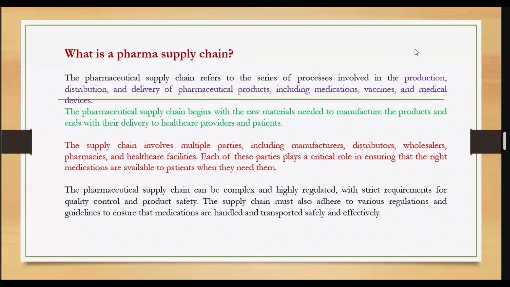So the material flow is from upstream, and downstream is towards the distribution. The raw material flow is upstream and downstream is finished goods. From finished goods to customer, that is downstream. So how are we going to link upstream and downstream activities in the production activity, the pharmaceutical production activity? That's how the simple supply chain works.